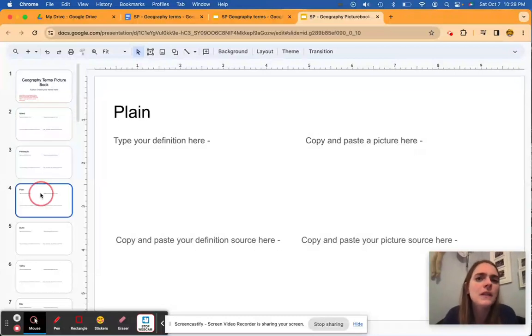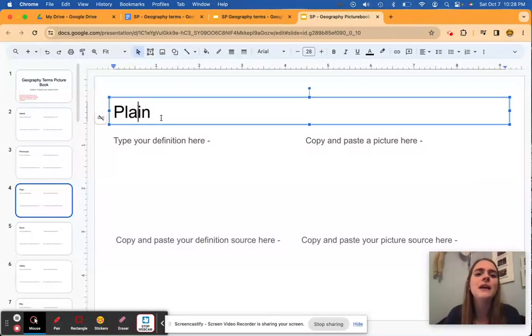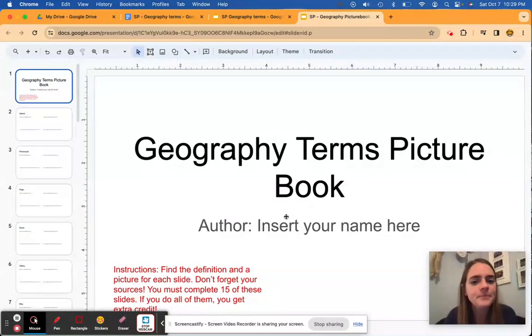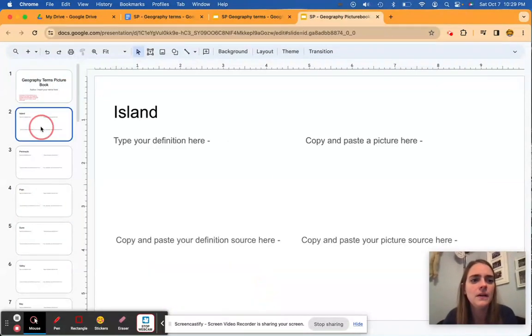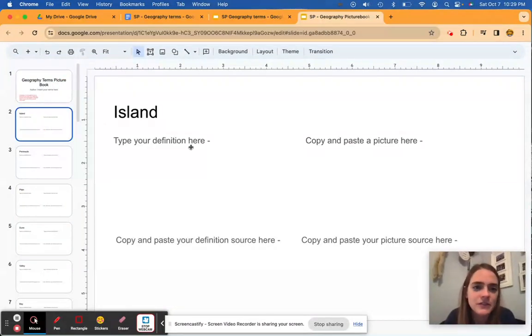Or maybe it's a word like plain, where you're like, I thought I knew what plain meant, but now I don't, right? Also, this is not going to mean plain like, I didn't put any butter and jelly on my toast, it's plain toast. No, it's all going to be geography related, right? All of these things are land or water things that you could see on a map or you could go visit. Okay. All right. So let's go through just one of the slides as an example.